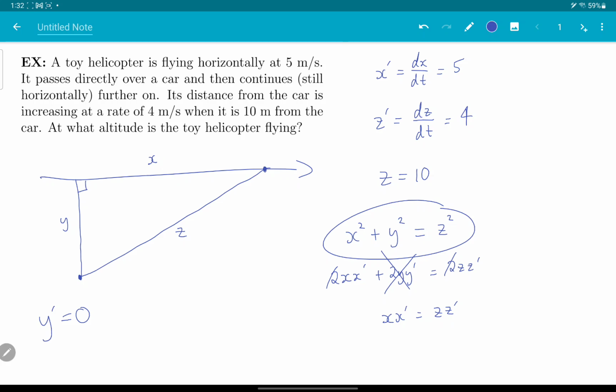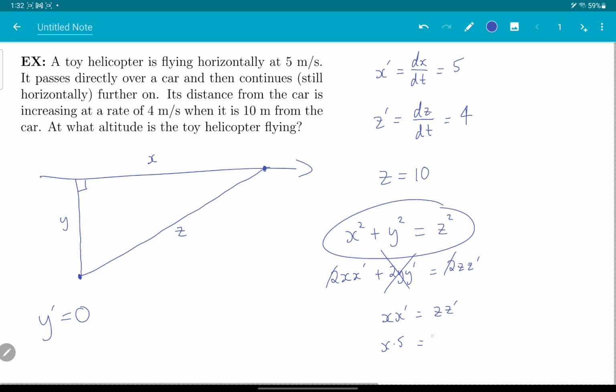So we're going to work with this, try to find x and z. We have 4 variables here. 3 of them are given up here. So plug those in. So we got x times 5 is equal to z times z prime, 10 times 4. So that gives me x is 8. And I already had z is 10. So this can go back in